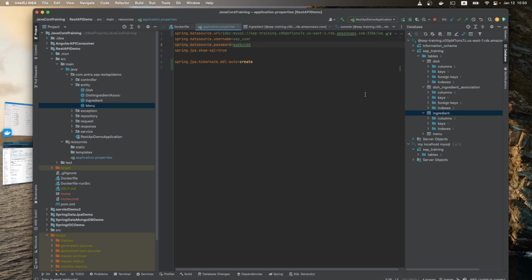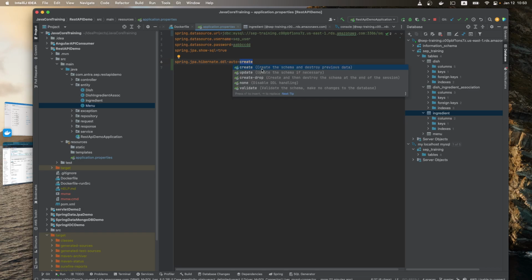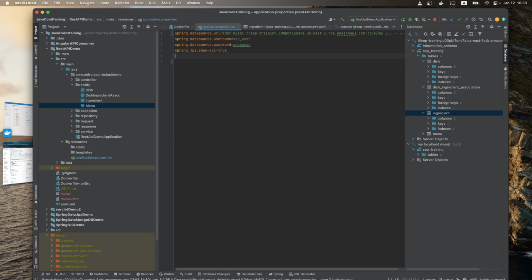One thing is last time we mentioned this DDL auto create. This is only used for development and test, so don't use it for production. This is going to be a little bit dangerous. You have create, you have drop, you have update, you have a lot of different kinds of auto implementation of your DDL. Okay, so let's just connect to the